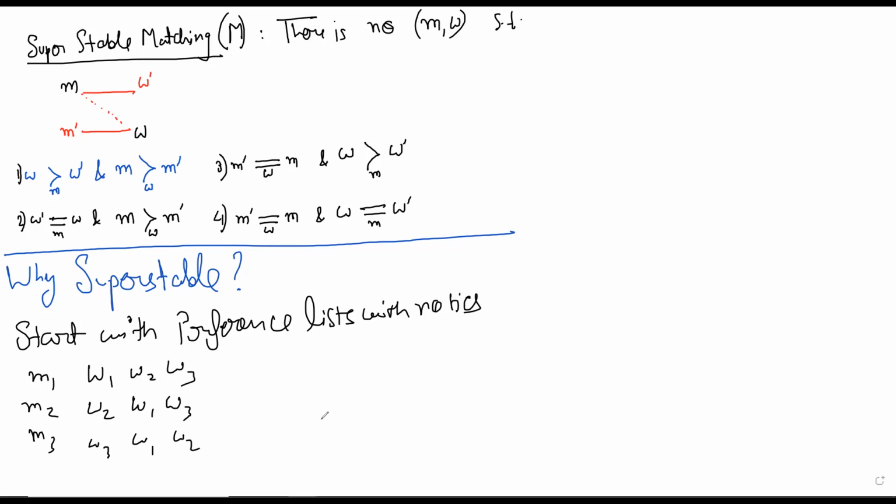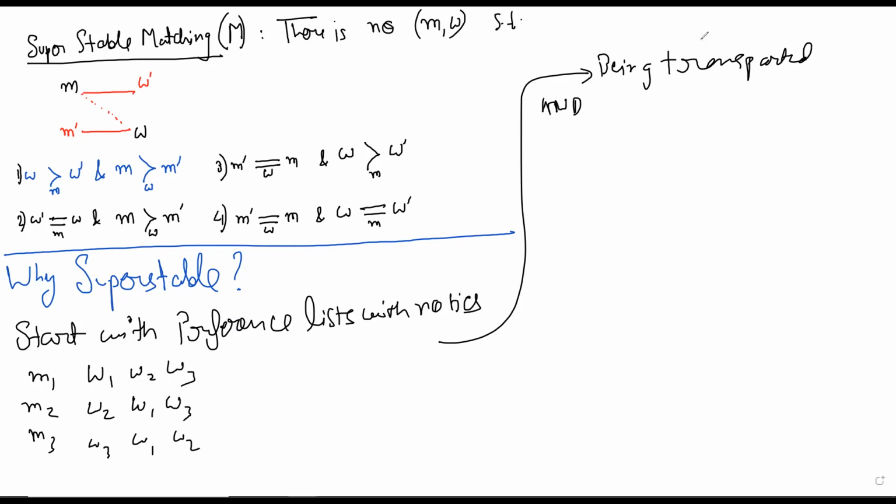And similarly for the women. So this obviously means that W1 is the highest preferred, W2 is the next one, and W3 is the least. So let's say that this preference list is being sent from one place to the other. The second thing that's happening is it is being transported. So this preference list is being transported